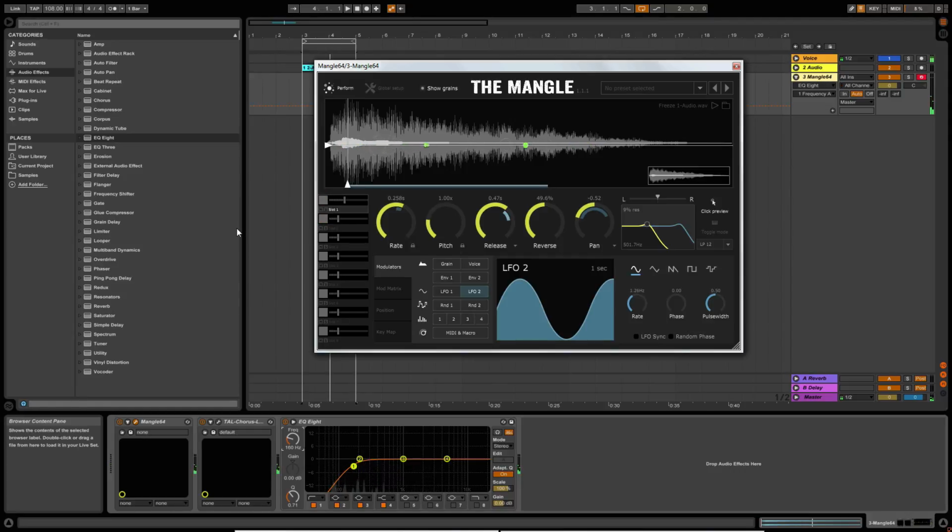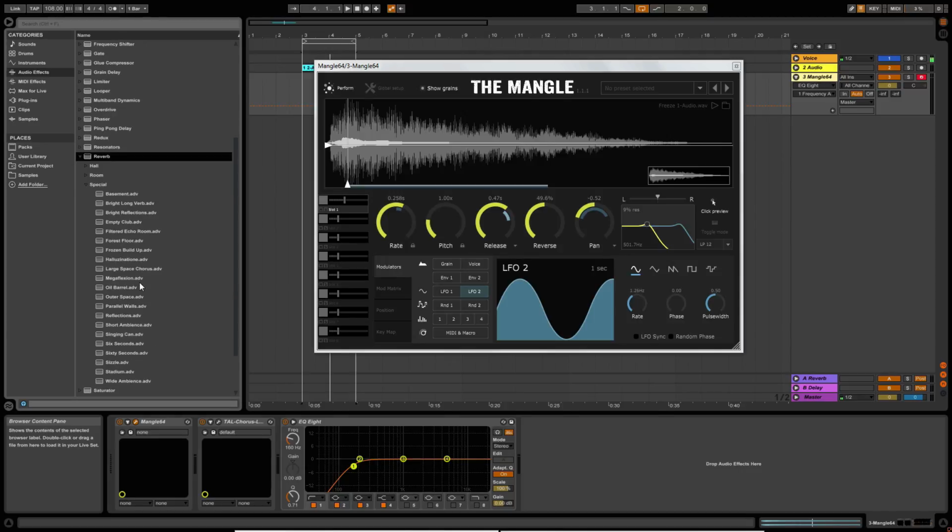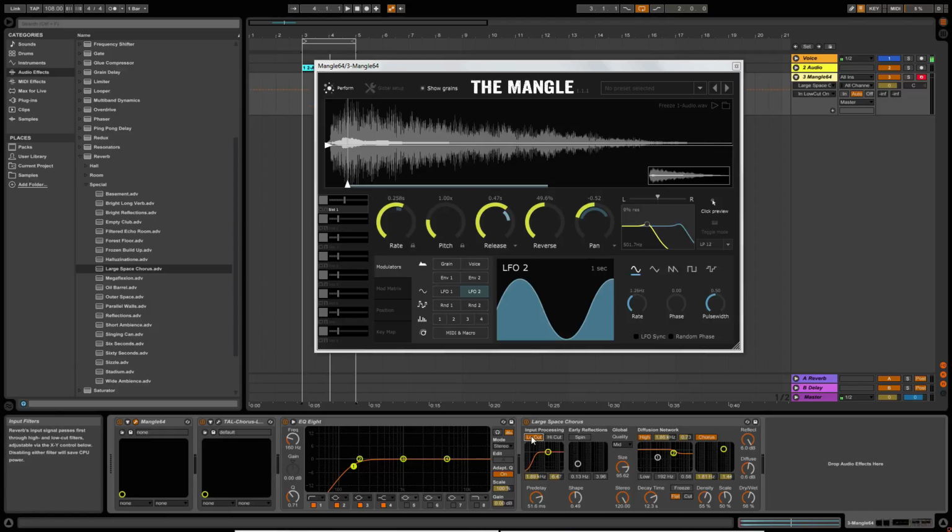And then finally, there's one particular reverb preset that I like in the Ableton Reverb, which is this large space chorus one. So we'll throw that one in. Take out some bottom end, just in case we get any boominess down there. Put it in a high quality mode. Decay time's a little bit too long, so let's just feed this in. So up here,